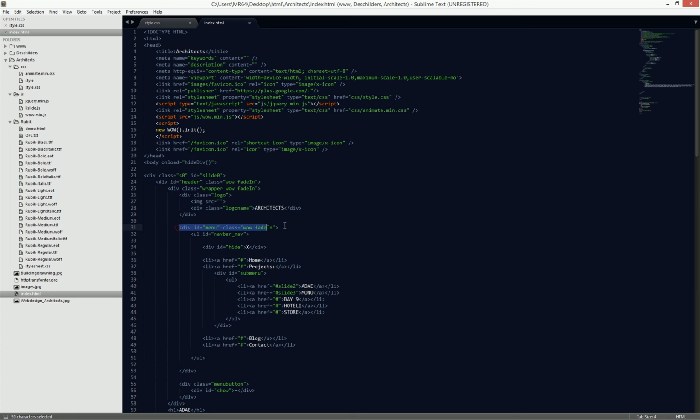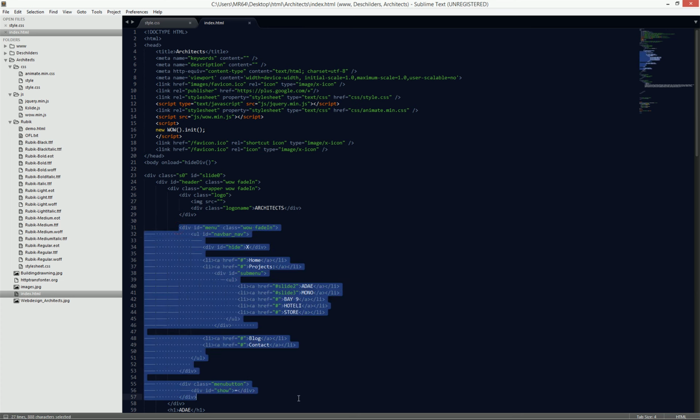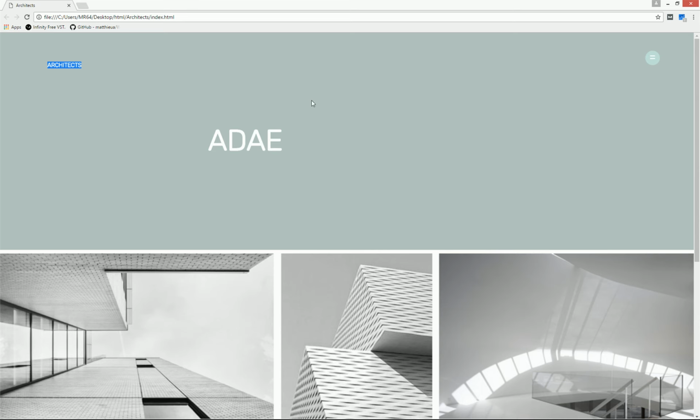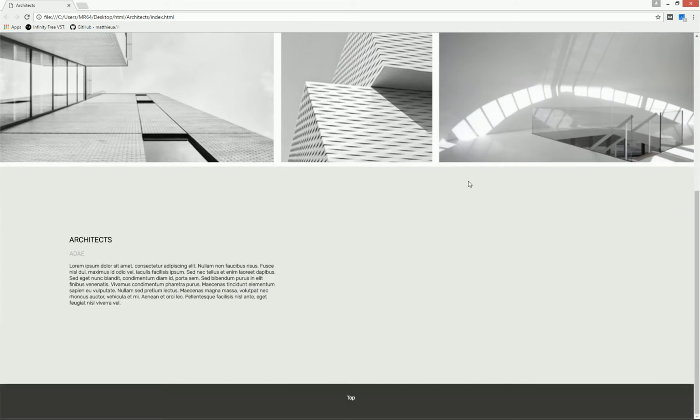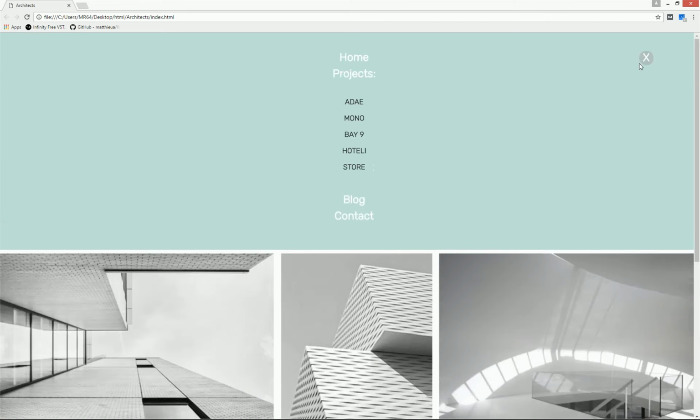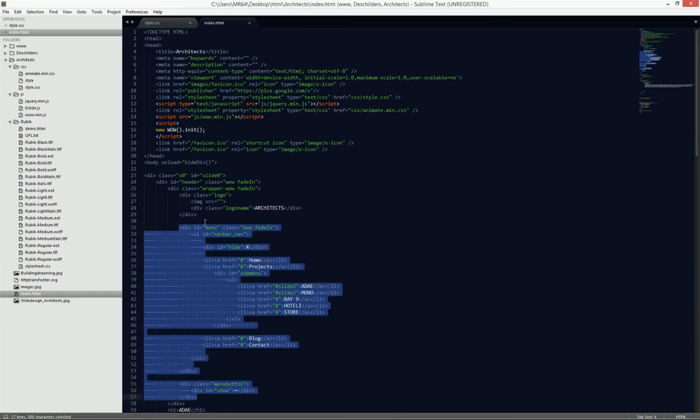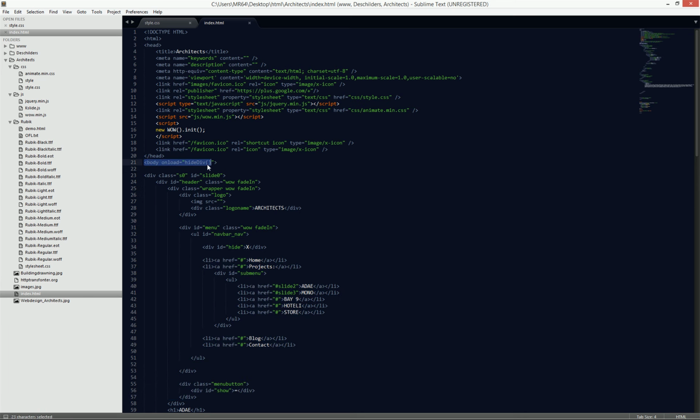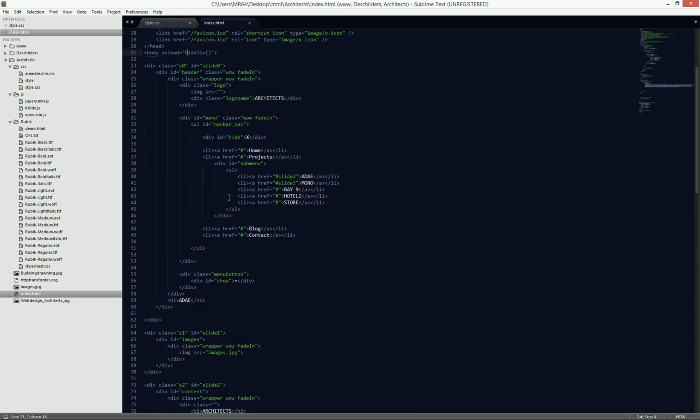Then I have a menu which is actually hidden. Why? Because when the website is loading, you don't see this light blue menu with all of these links and stuff, but basically it's included inside of this web page. See, it's inside of this page here, but I hide this. How do I do this? I wrote here body onload hide div. So actually I say you need to hide something which is a div that is defined,